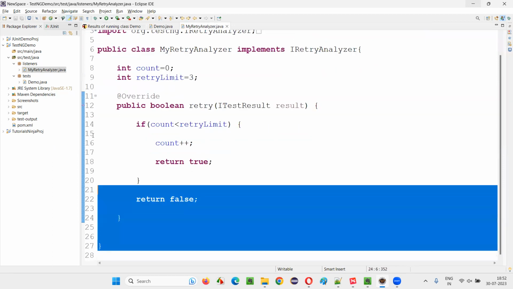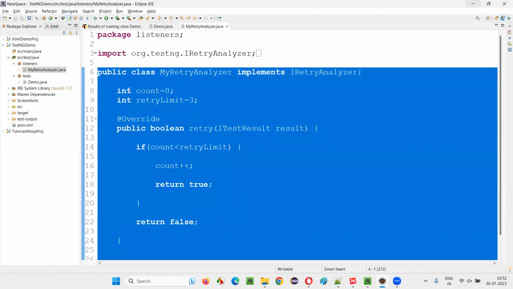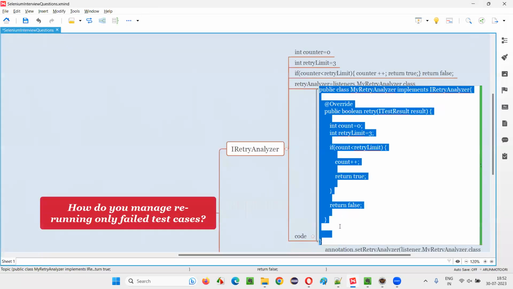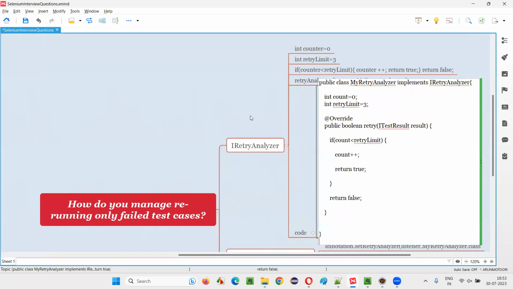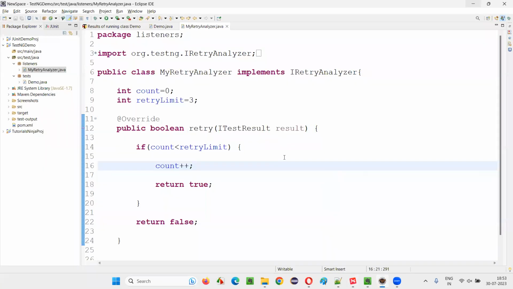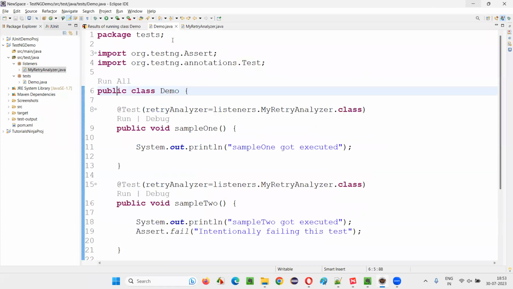Okay, this is the logic. I've corrected this logic where these variables need to be outside this method. I thought they should be inside, but they should be outside the method. Otherwise, the things are not working. Okay, fine. This is the logic. But you see,